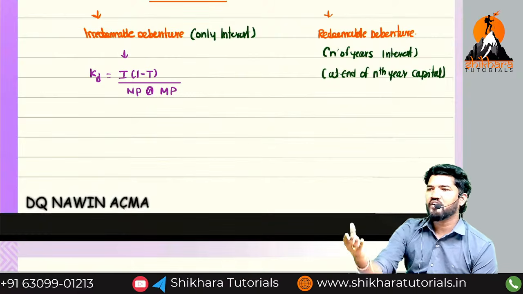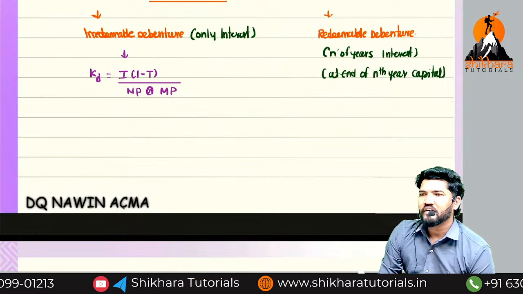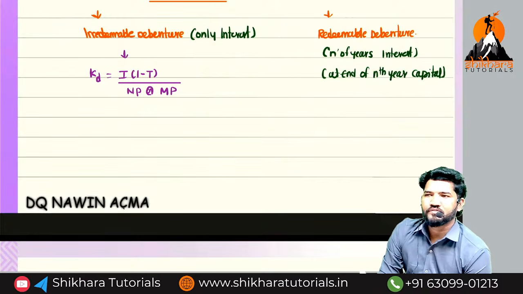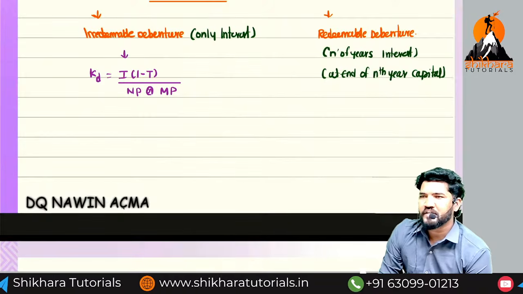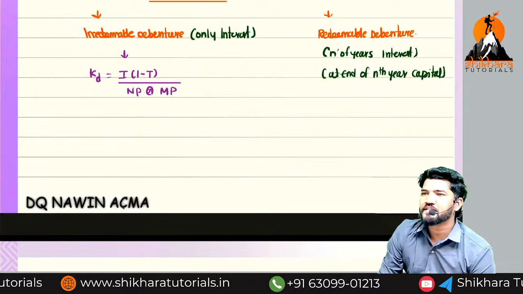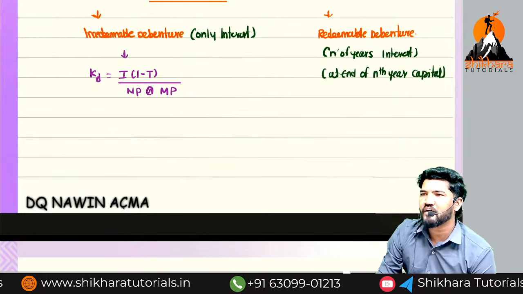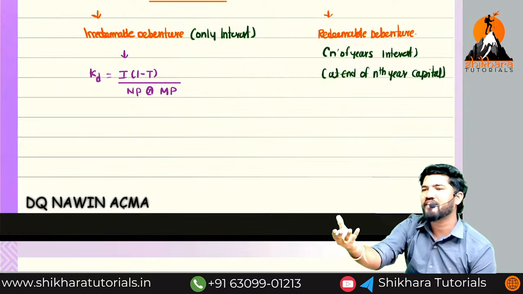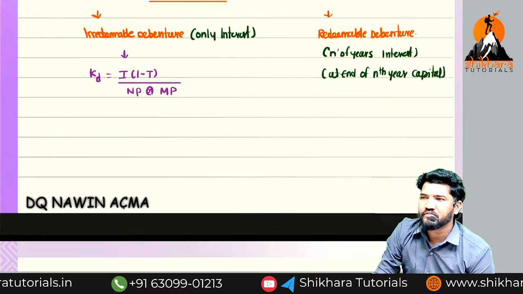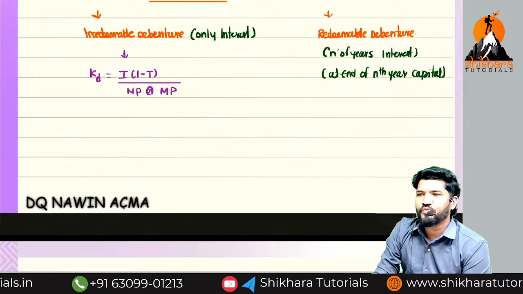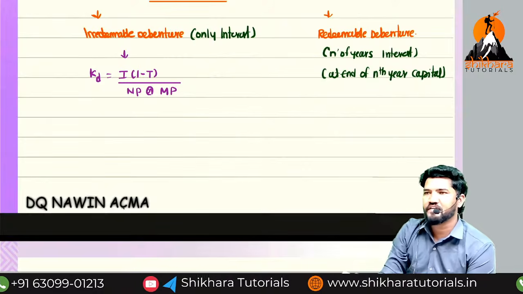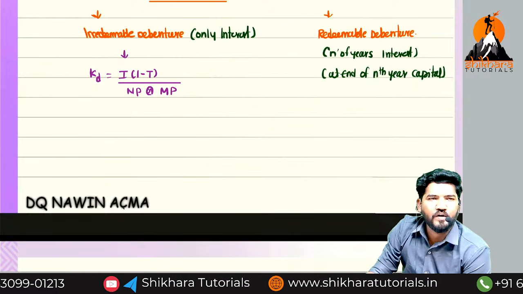That is the point you learned in your taxation: interest is an allowable expenditure. Why do they give it as an allowable expenditure? Simple: interest is a burden to the company, because irrespective of profits you have to pay. That's why they give an advantage, and that advantage is nothing but the tax benefit. Interest times (1 minus tax). You need not pay the rate you fixed; you need to pay after tax, and that is sufficient. That's why interest times (1 minus tax).